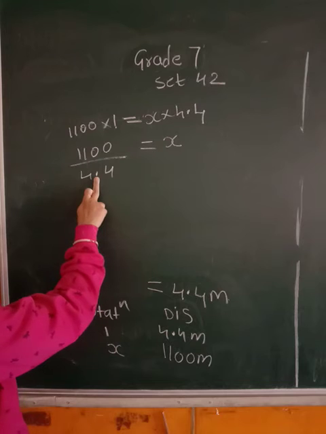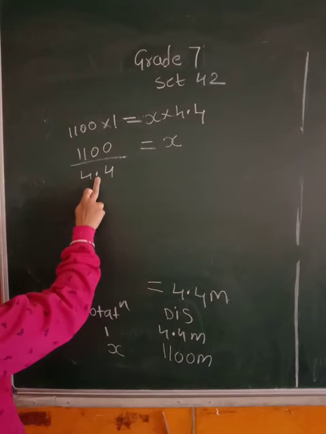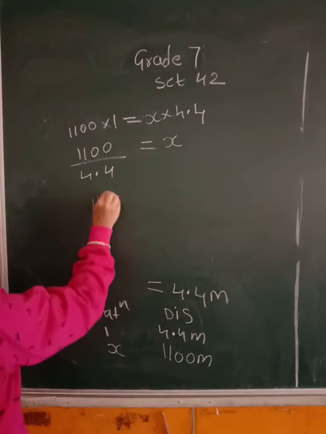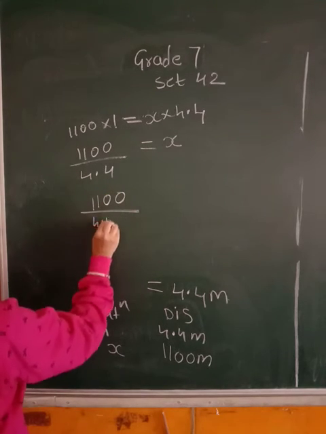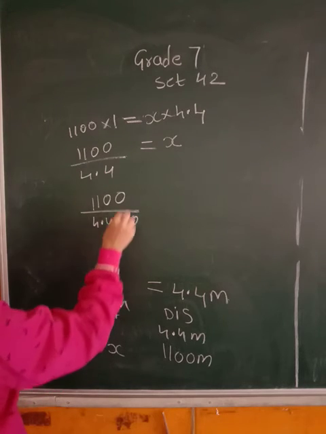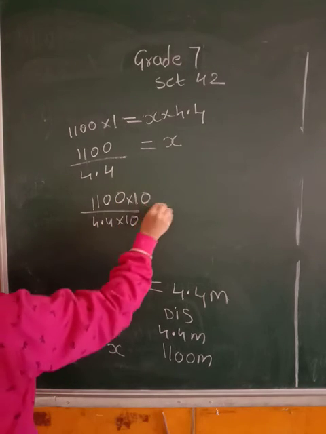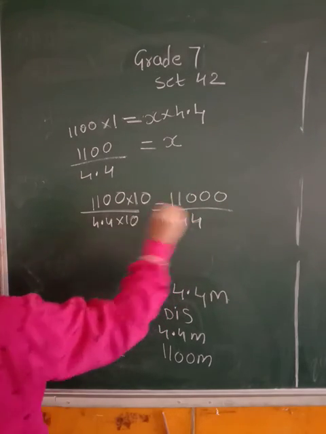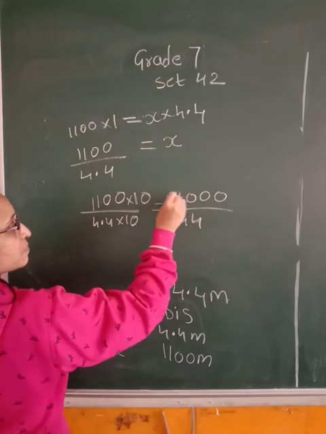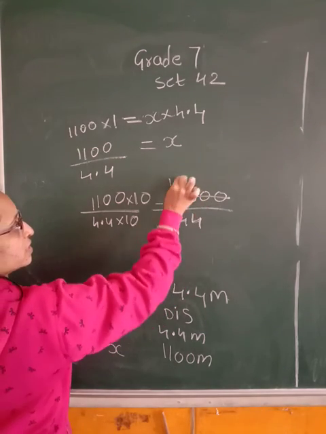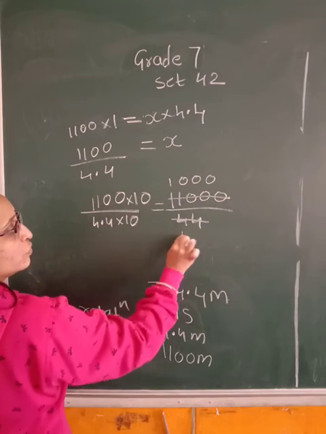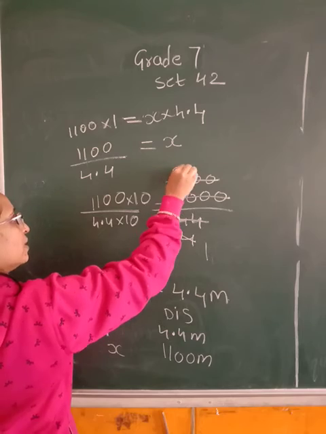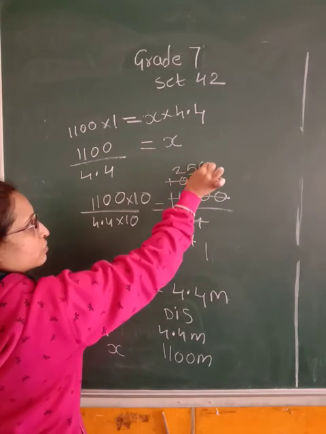Alright, so let us do this. Now I want to remove this decimal point, so I will multiply by 10. But if I am multiplying the denominator by 10, I have to multiply the numerator also. So it will be 1100 into 10 upon 4.4 into 10. So this becomes 11000 upon 44. Now the point will go and you will get 44. Is this clear? Now see, 11 ones are 11, then 3 zeros. And 11 fours are 44. 4 ones are 4, and 25 fours are 100, and this 0 comes out to you.